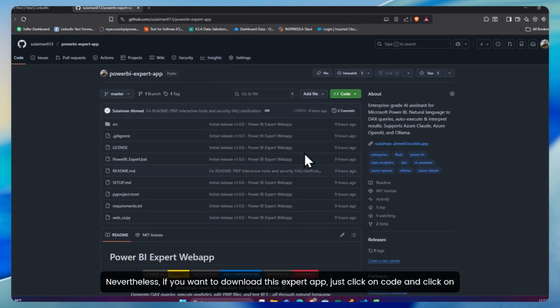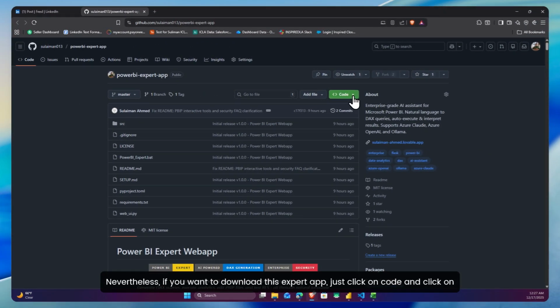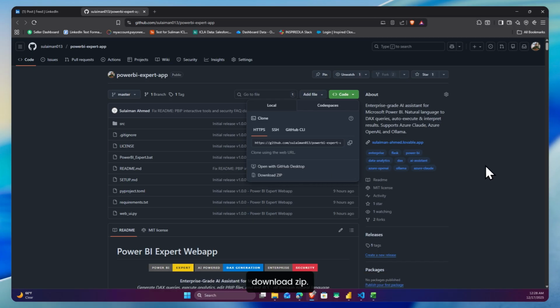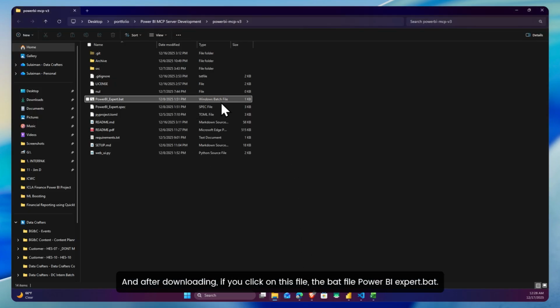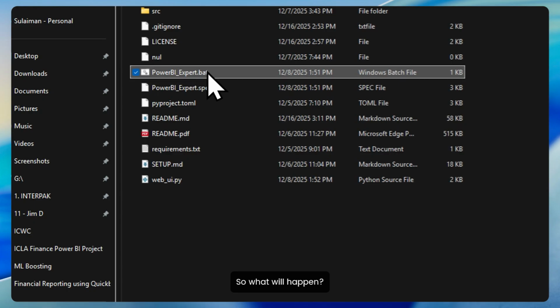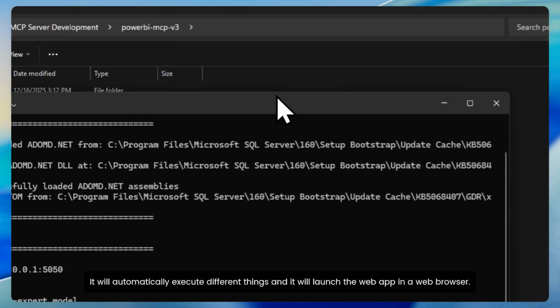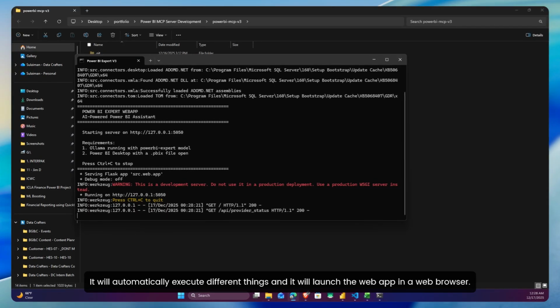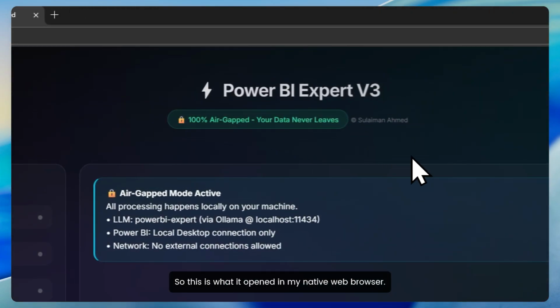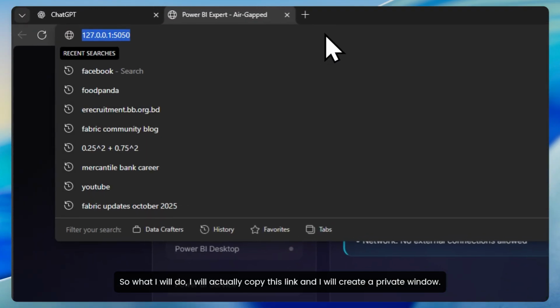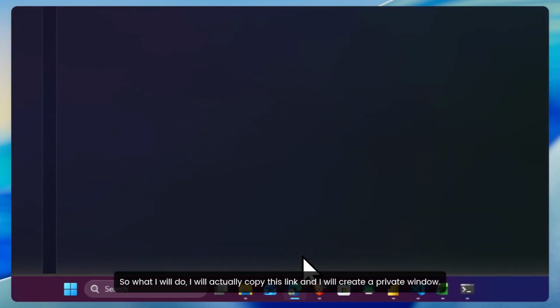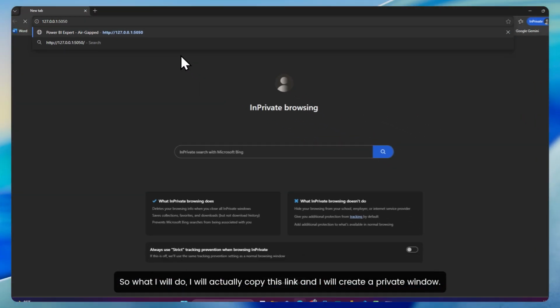Nevertheless, if you want to download this expert app, just click on Code and click on Download ZIP. It will download the whole code base, or all the files. After downloading, if you click on the bat file, Power BI expert.bat, it will automatically execute different things and launch the web app in a web browser. So this is what it opened in my native web browser. What I will do is copy this link and create a private window. And yeah,